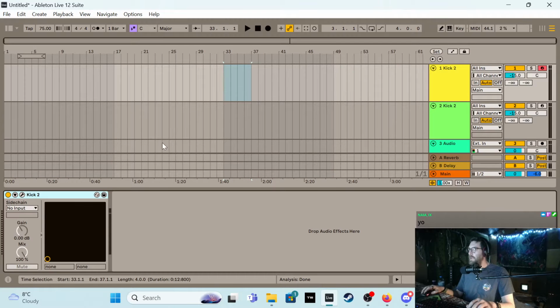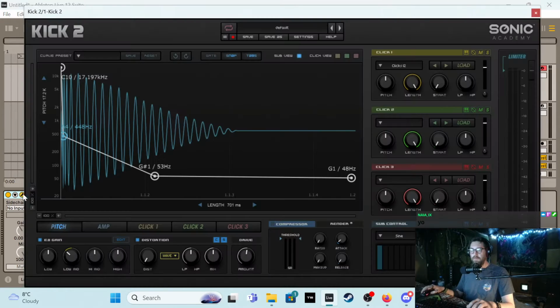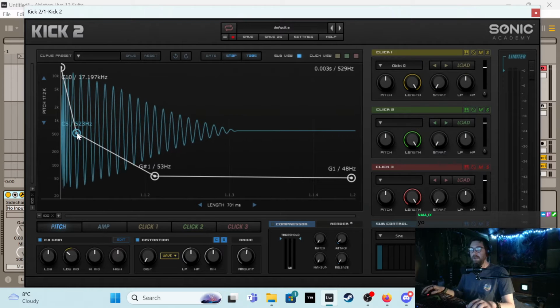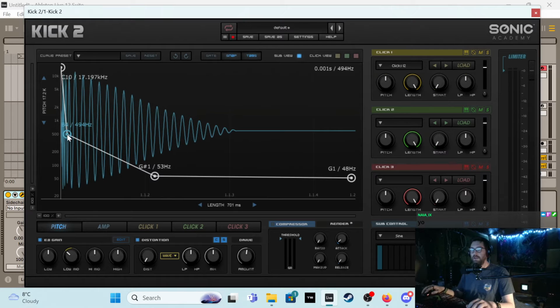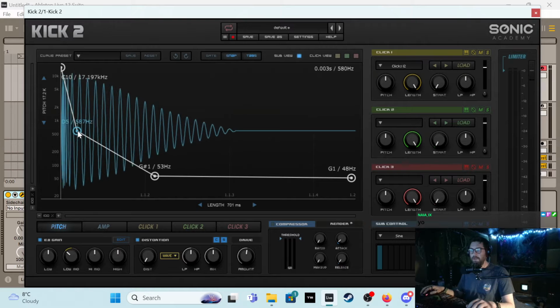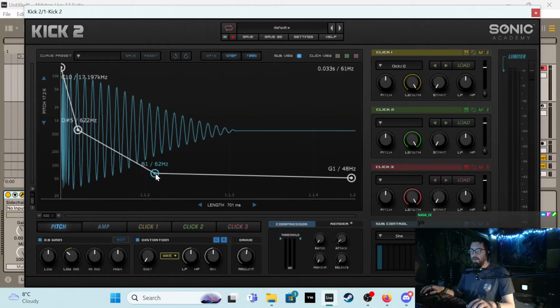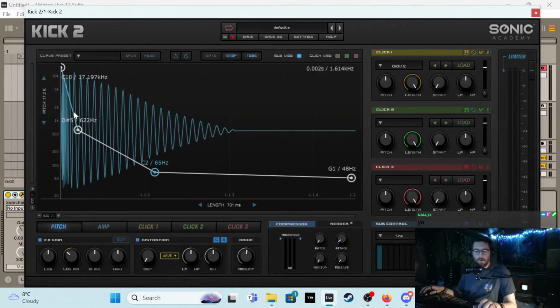Right, so in this track here, I've loaded up a Kick2, which is a kick drum synthesizer, and it's great. So here's the initialized patch, and it's kind of like this shape, and it's quite long, and yeah, this is what it looks like. Now the shape I'm going to be looking for from my kick is more like